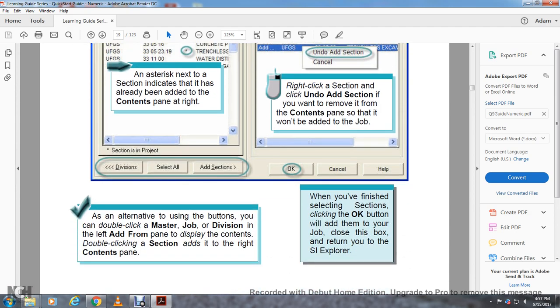As an alternative to using buttons, you can double-click a master job division in the left Add From pane to display the contents. Double-clicking the section adds it to the right contents pane. When you finish selecting sections, clicking the OK button will add them to your job, close the box and return you to the